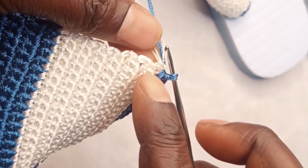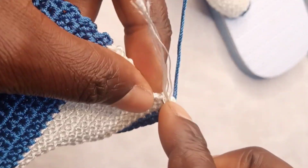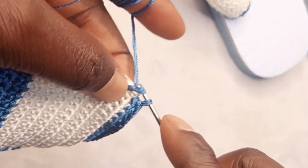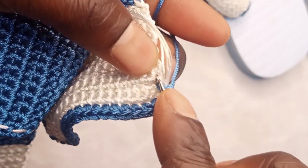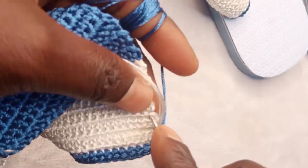Here we are going to make 1 single crochet, then skip 1. In the next we make 1 single crochet. You make 1 single crochet, you skip this one, then insert in the next loop,